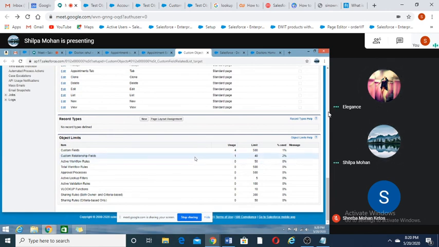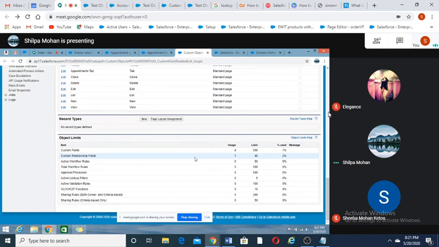So ours is relationship field only, right? Yeah, because master detail relationship. So how much we have used, 1. We have created one master detail relationship, so it's showing as 1.